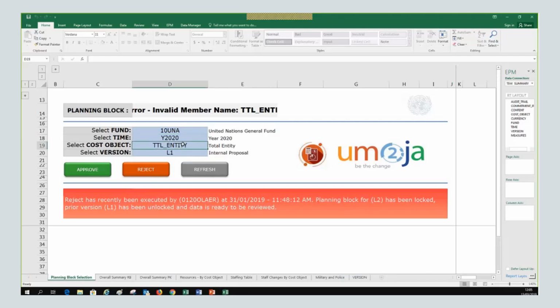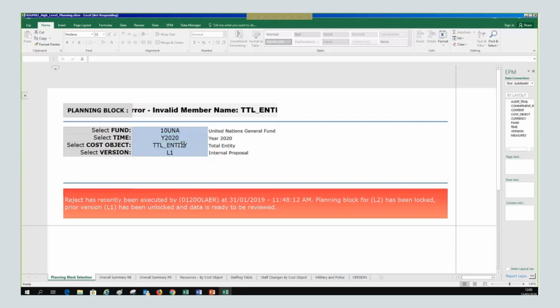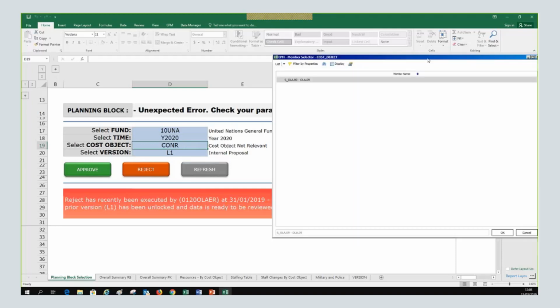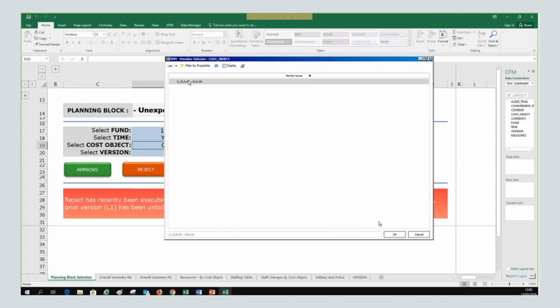And then we'll see, this is an important change compared to the other forms, so please pay attention. The role that has access to this form, remember, is for the approvers. And now see, this is different. Sorry, I'm with the wrong user. Okay, so I'm with OLA, but you see it's at entity level.